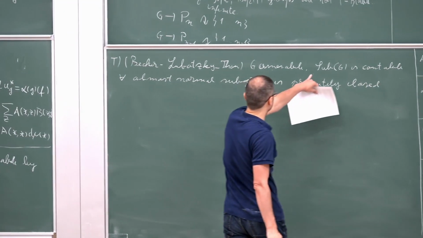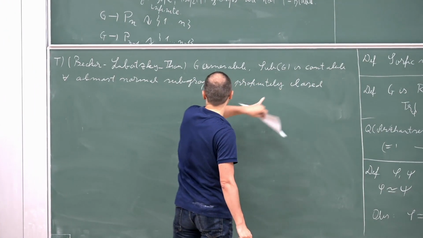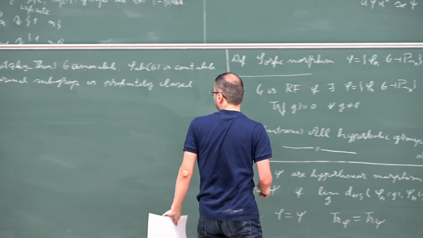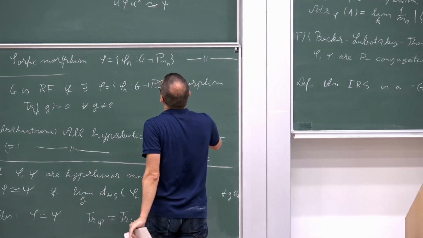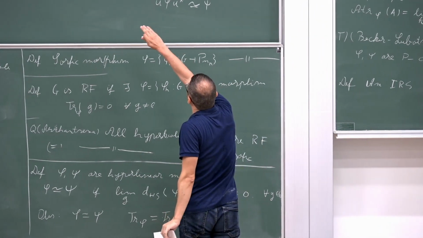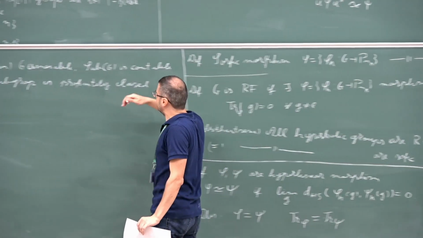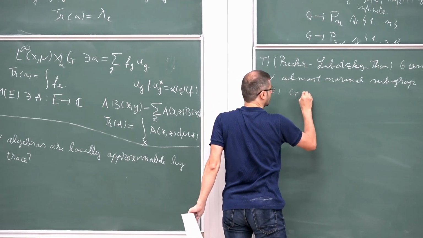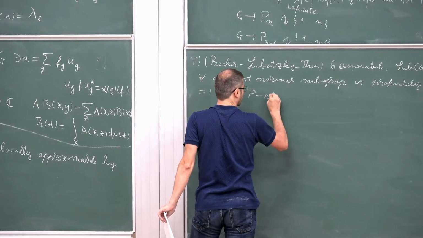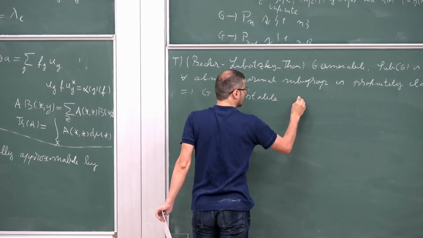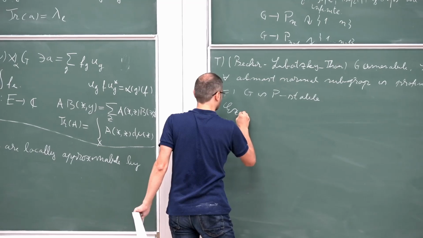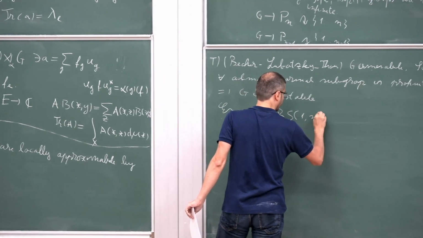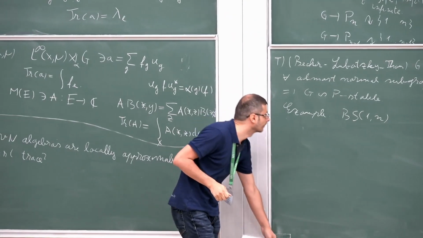So only this thing, a countable number of subgroups, and this property of almost normal subgroups is enough to deduce that each invariant random subgroup is cosofic. So if in addition you know that G is amenable, then G is stable in permutations. And an example, BS(1,n), the Baumslag-Solitar group. You can apply this.